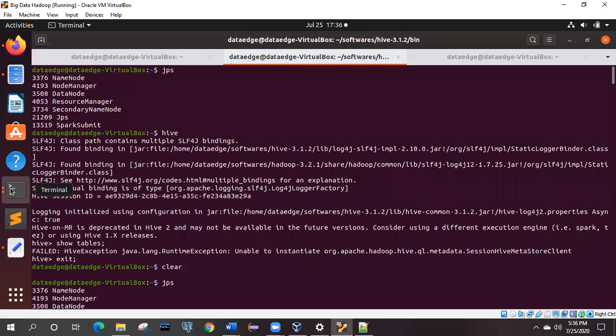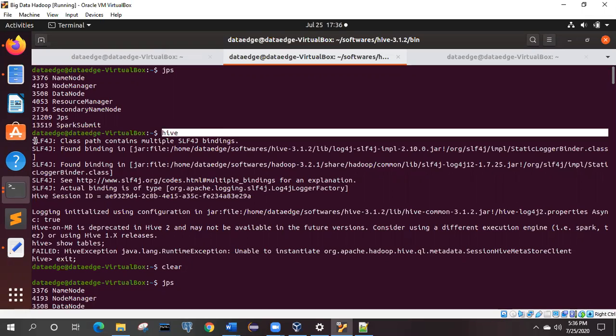Once it is done, you have to type the command hive from your command prompt. In most cases Hive will start automatically by typing this command, but as we are working with the latest version of Hive, and Hadoop 3.2.1 is configured on my machine, initialization of Hive will give you an error like this one.